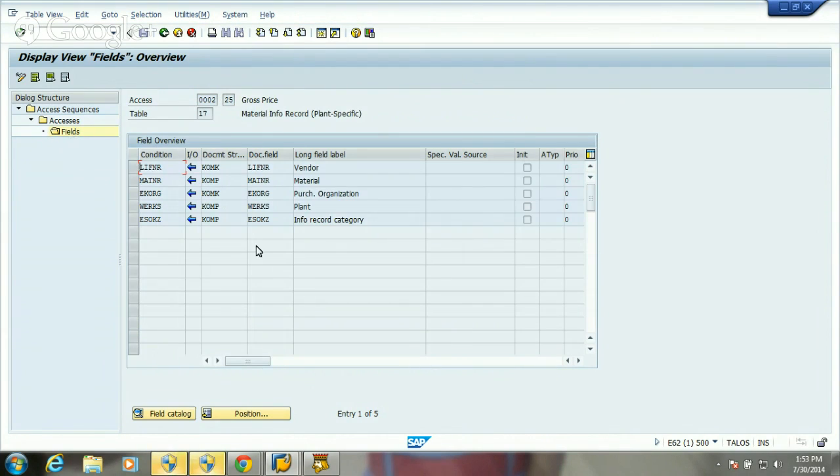So in this table, the search for the value of a condition is done through searching the vendor number, then the material number, purchase organization number, plant number, and info record category. So there are 5 such criteria defined. The system, when it tries to search the value for an access sequence number